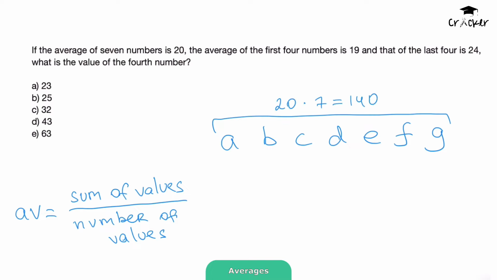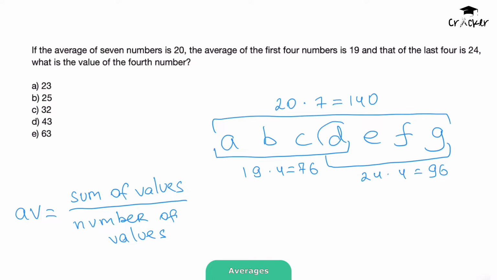The total sum of the first 4 numbers is 19 times 4 equals 76. The total sum of the last 4 numbers is 24 times 4 equals 96. Notice that the fourth number is counted twice, once in the first 4 numbers and once in the last 4